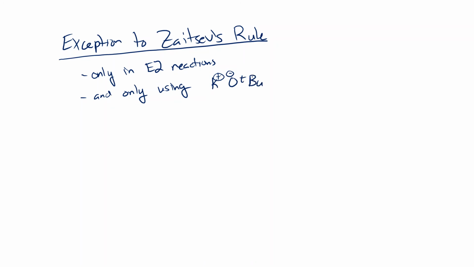tert butoxide. So if you have a tert butyl group with an oxygen attached to it, so this is potassium and O minus, and then you have this great big group attached to that oxygen there, right? So KOtBu is how it's most commonly written. This is it drawn out. And the reason behind this is such a sterically